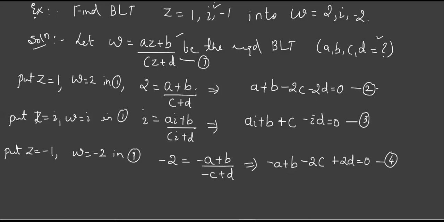Can I get one more equation? Surely no, because there are only 3 points given. I cannot take any point randomly. Got it? To solve, at minimum we require 4 equations in 4 unknowns, but that is not possible. How many unknowns are there here? There are 4 unknowns. And how many equations are there? Only 3. So we'll try to reduce the number of unknowns to be less than 4.